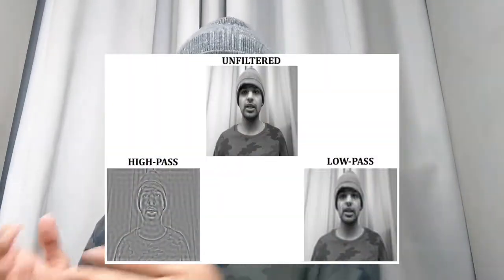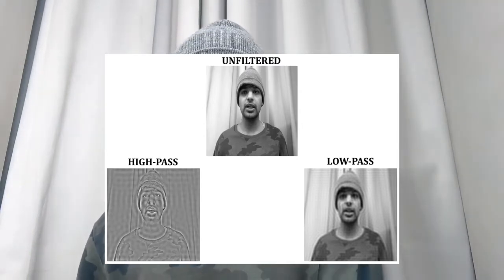For instance, if I have to look at the pores in my stubble, then clearly they are high frequency details because there are several points located in even a tiny distance over there. And if you look at an image where these details are blurred out or you can't really see them, then that's because it seems like the high frequency details have just been filtered out. And somehow that filter has only allowed low frequency details, like the outlines and the general idea of my face, to pass through. And that's what people mean whenever they throw around the word low pass filter. There's also high pass filters and several other types of filters, but essentially their definition lies in the idea of a Fourier transform. So clearly this is a powerful and ubiquitous concept, and hopefully if you're a biophysics student, then